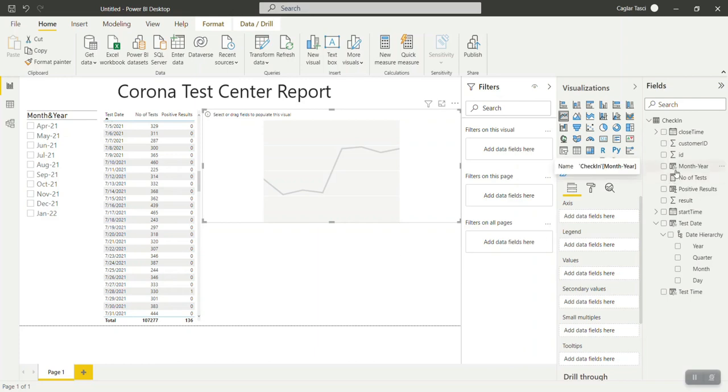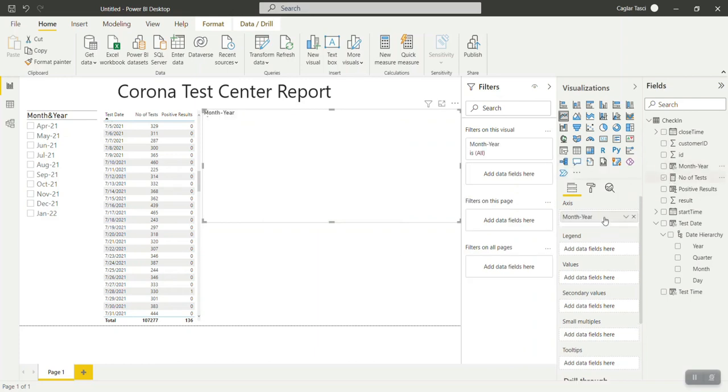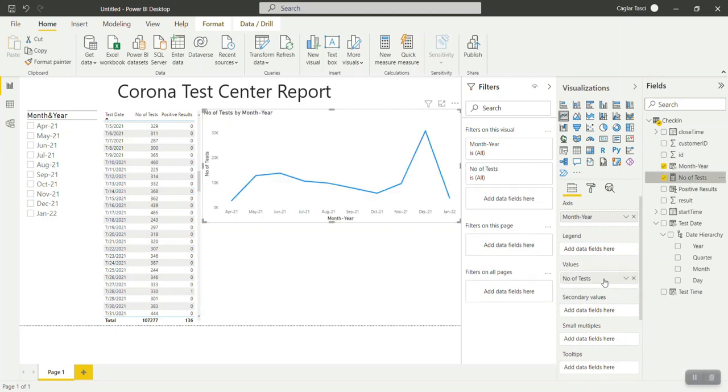But in order to make it look more attractive, we will be using some formatting options, right? So we will be adding things like data labels, shapes, and we will also be adding the drill down option here.